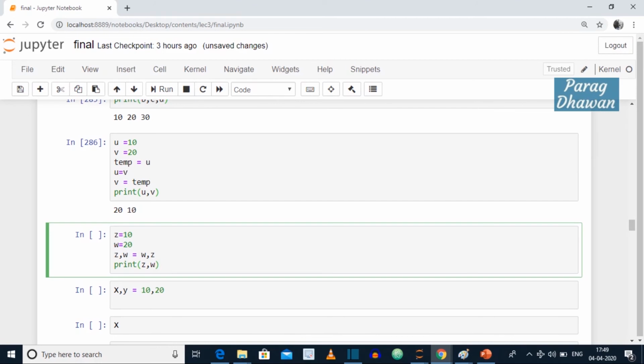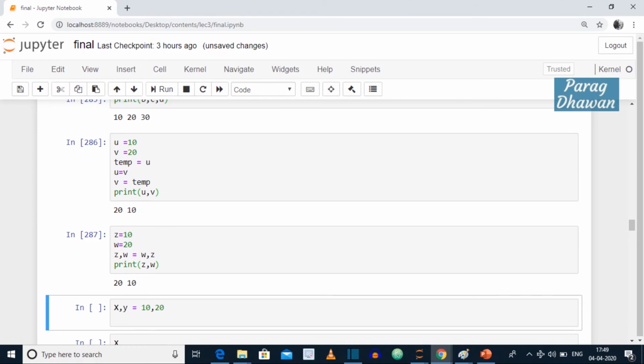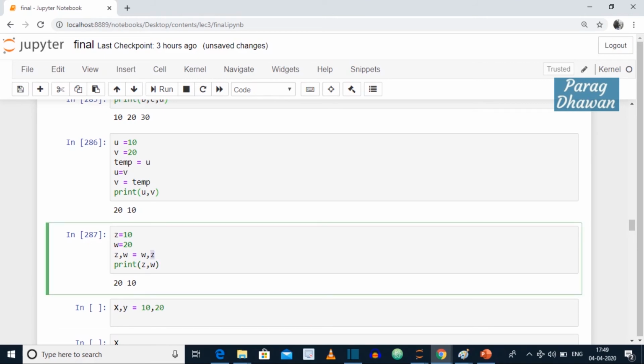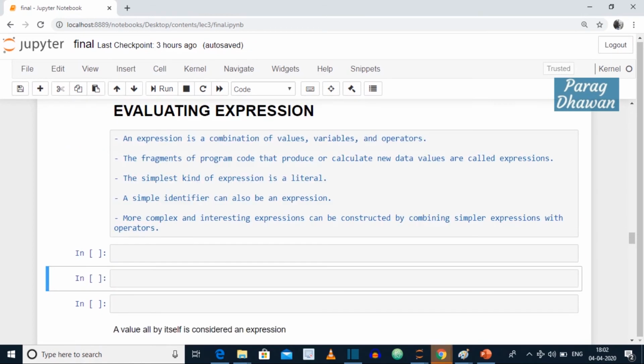Click on the cell and hit shift enter. So z contained 10 previously, now its value is 20. w contained 20 previously, now its value is 10. So directly in a single statement you can swap the values of two variables. This is supported in Python.